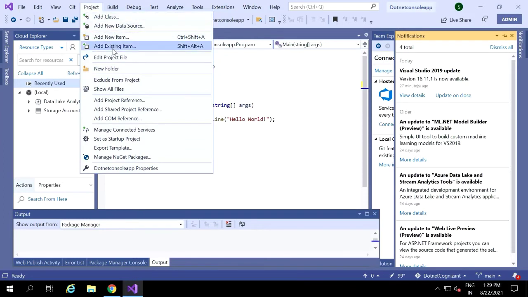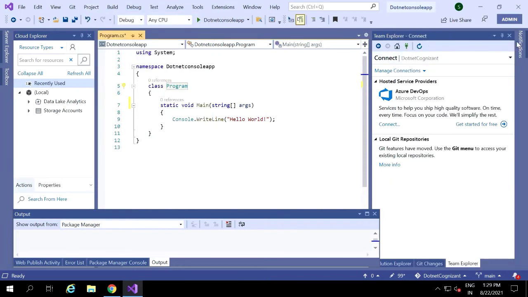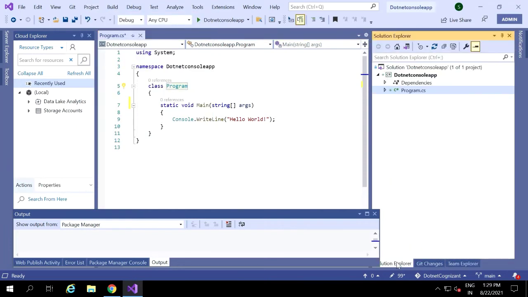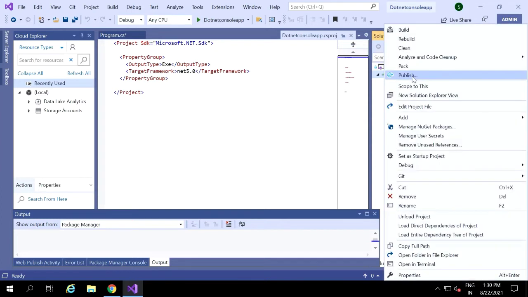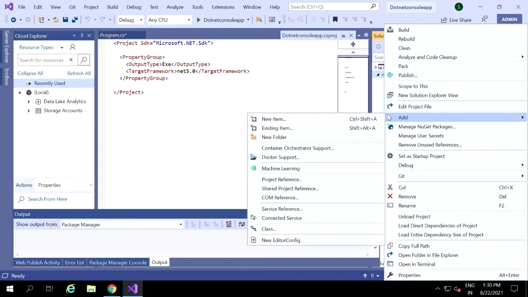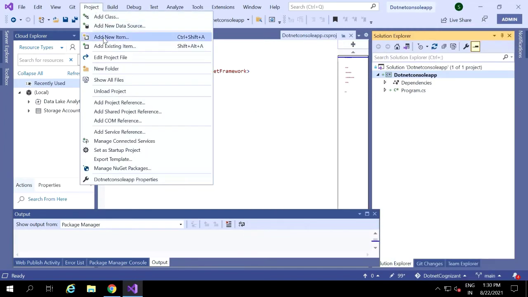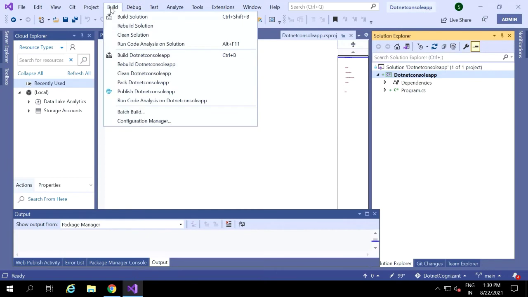Coming to Project, we have these things like Add New Item or Existing Item. In this Project menu, if you want to do any changes, you can do the changes by using this Project tab, or we can directly select the project, then you will get many more options. When you right click on that particular project, you will get options like Add, and with many things like add a new item or existing item, or a new folder you want to add. You can also do these particular things in the project folder. So all these options are present there also.